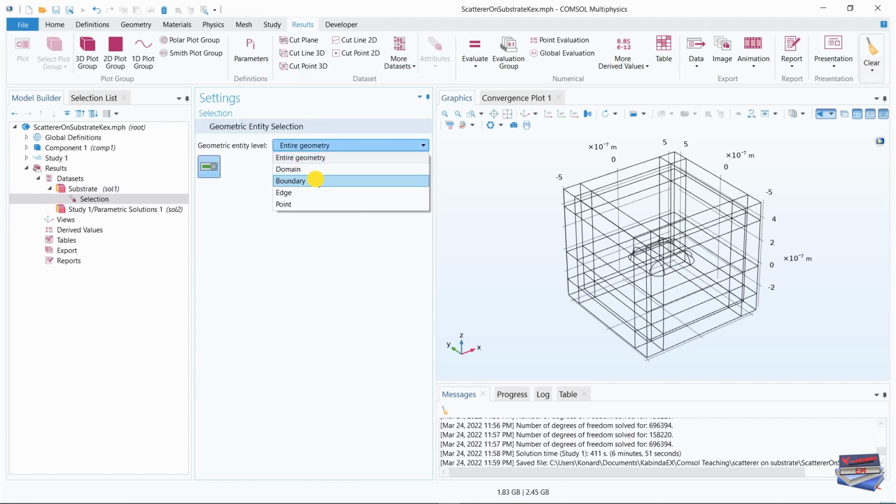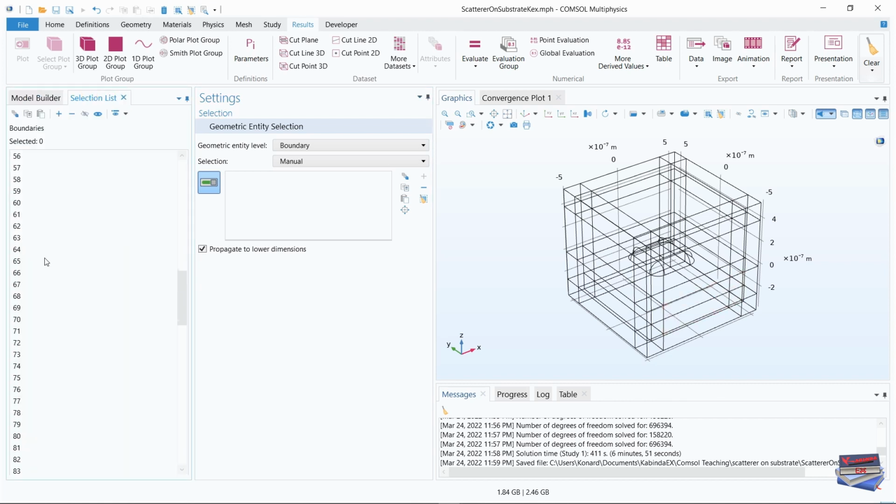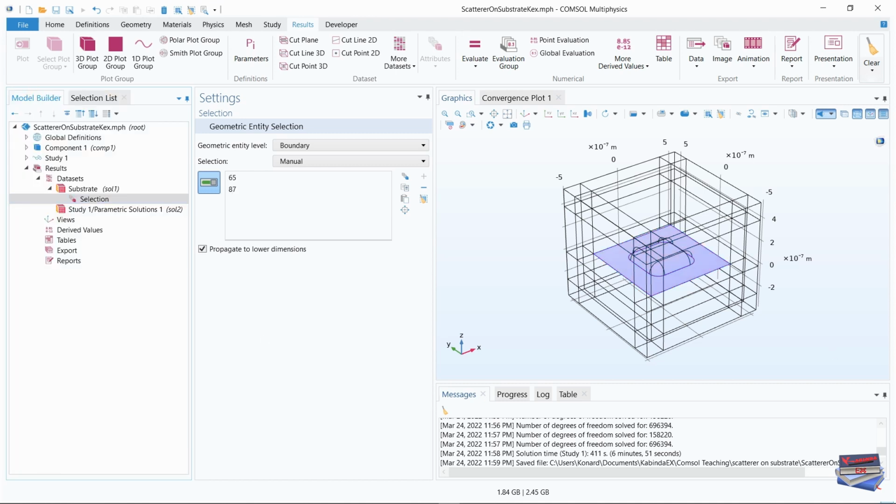For selection, we want to select a boundary, and let's add 61 and 87, 65 and 87. Use Control to select both. Click Add. Go back to your model builder,